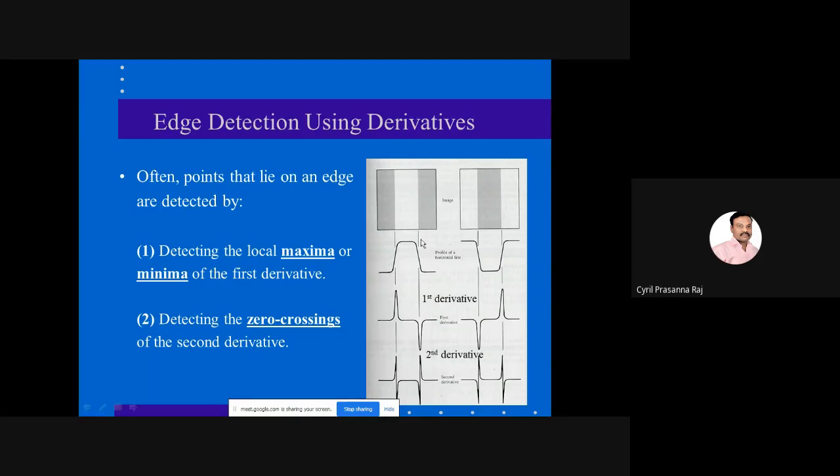Now, if I differentiate this entire row, we know that differentiating a constant gives you 0. Similarly for this constant line, differentiating also gives you 0. But because there is a ramp function, this ramp function is given as t. We are taking it as t, where t is a variable. So what is the differentiation of a variable?